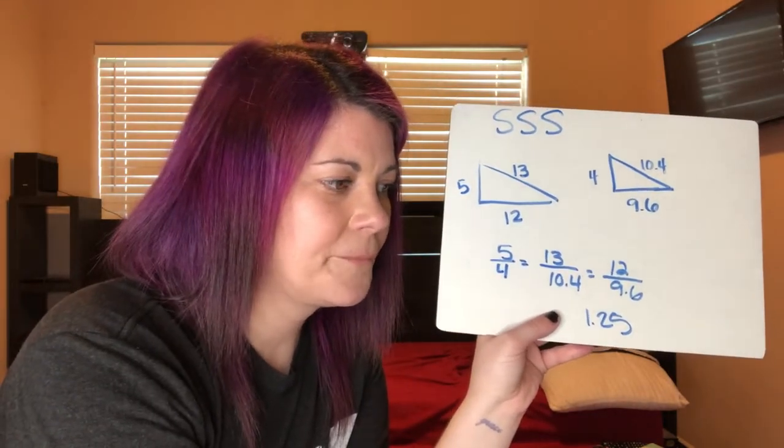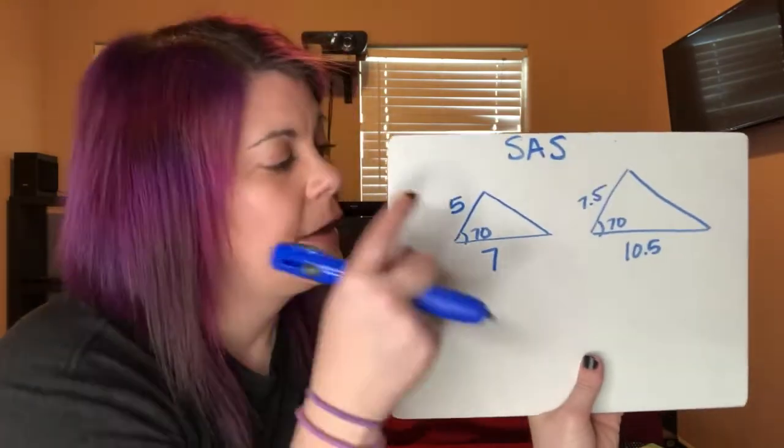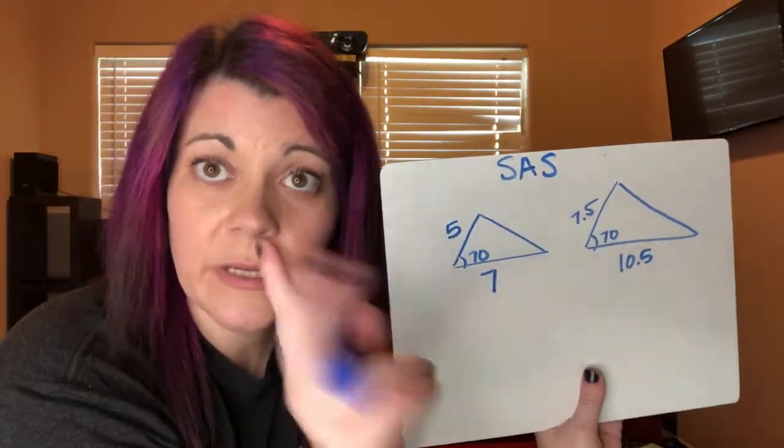The next triangle similarity theorem is side-angle-side, SAS. So if we have two triangles, I'm going to make this one bigger. Okay. So here, if I have two triangles and they have two sides that are in proportion